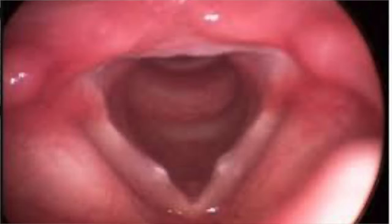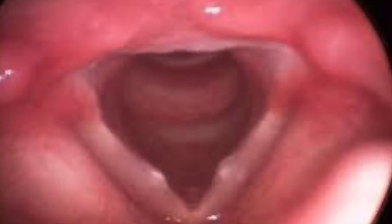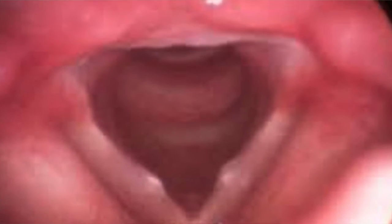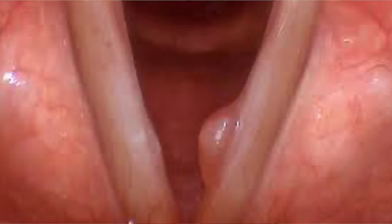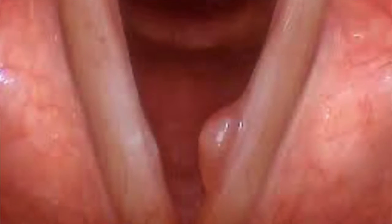And look at it now in comparison to the nodules. See how the nodules appear a little differently? And see the polyp when the vocal folds are adducted, or coming together to make sound. It really prevents the vocal folds from coming together fully to vibrate and make clear sound. Notice when the vocal folds are open with a polyp, on the other vocal fold that doesn't have the polyp, you can see a little bit of thickness developing because of where the polyp is hitting it every time it